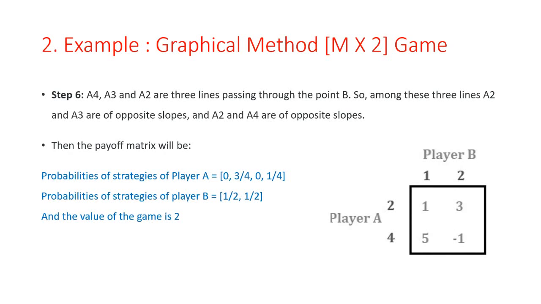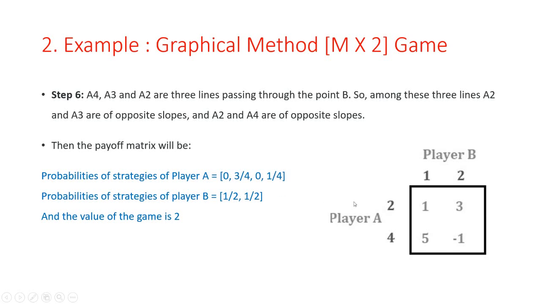So based on this payoff matrix, we have to find out the probability of strategies for player A and probability of strategies of player B also. Okay, so यहाँ पे हमें probability find out करनी है. So in my previous video, we discuss how to find out the probabilities. Okay, so by using the equation formula. Okay, so यहाँ पे देखो किसके लिए probability find out कर रहे हैं, 2 और 4 के लिए. So remaining 1 और 3 क्या हो जाएंगे, 0. So यहाँ पे probability आएगी 3/4, यहाँ पे probability आएगी 1/4.